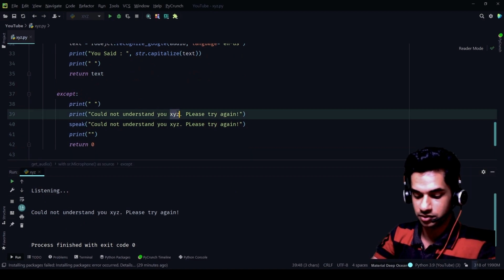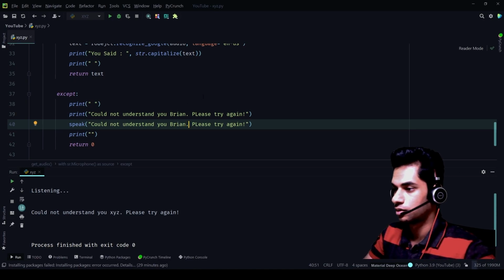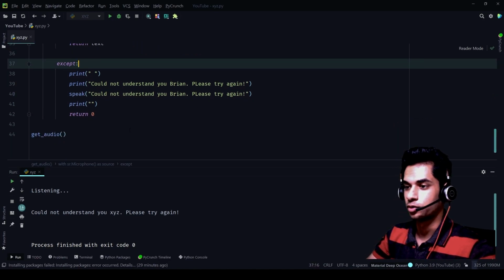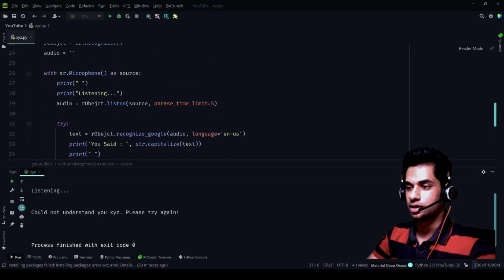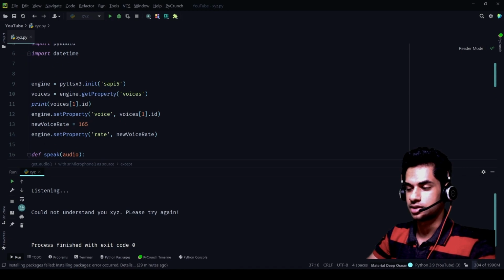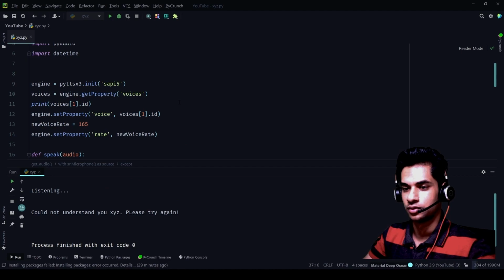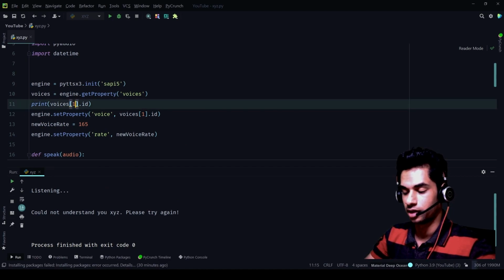Now this XYZ sounds very weird. That's why I'm going to put my name. Hope no one minds. Y'all can change it anytime to whatever your respective names are. Cool. Now the best part about this assistant, or the Google voices that it provides us, is that it's got two different voices. One is the female voice and one is the male voice. So right now we listen to the female voice. Let's check out the male voice.